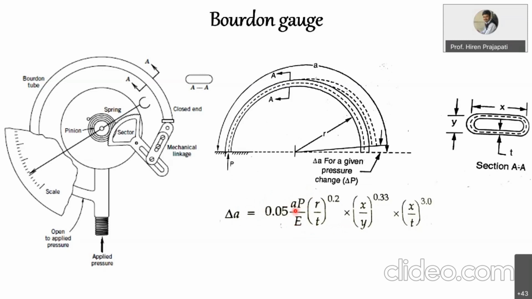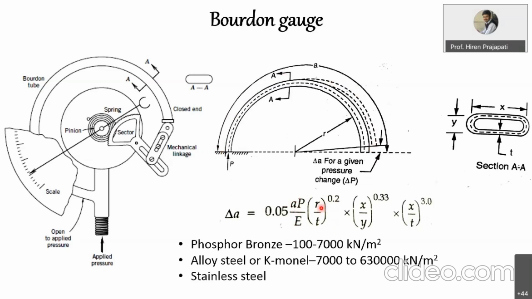Here this small a is the length of this bourdon tube, right? So these are the different meanings of different terms which are indicated in this equation. So these are the different materials which are used as a tube material, and based on that pressure range is defined. Like phosphorus bronze, if you are using as a tube material, then you can measure up to 7,000 kilonewton